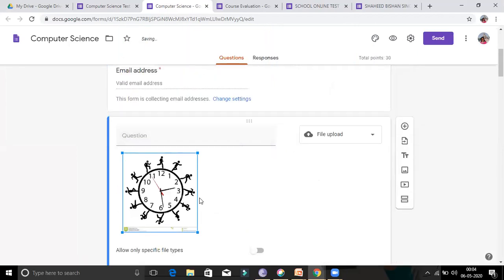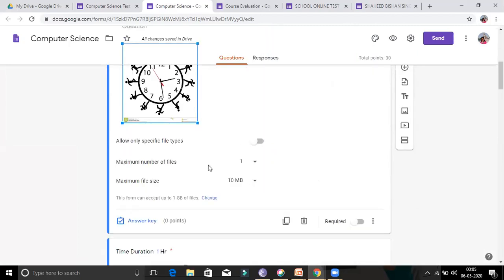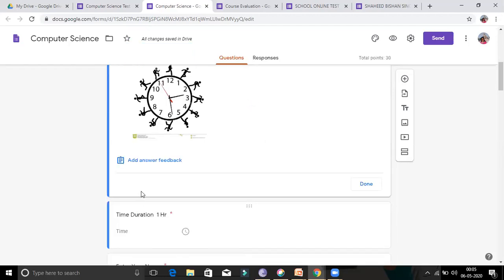So this picture will be uploaded here. After this you can write a question here, then give the points value, and answers. See here, any answer which you want to match with the pictures you can paste here. Just click on answer, and you can add any answer here.